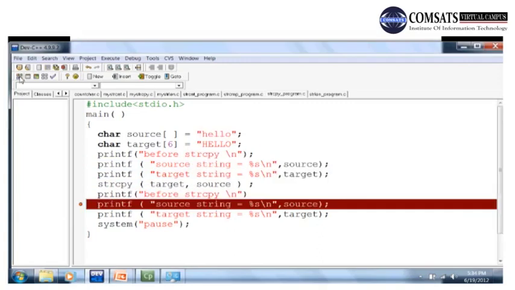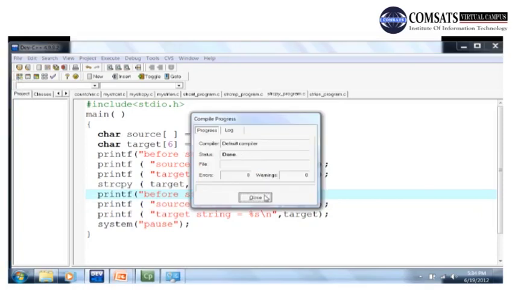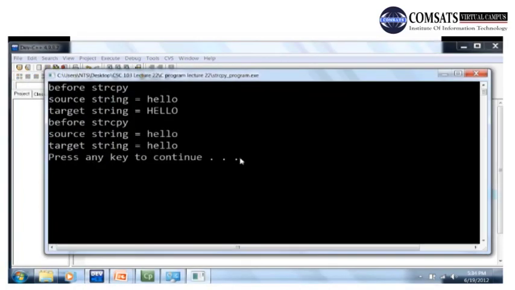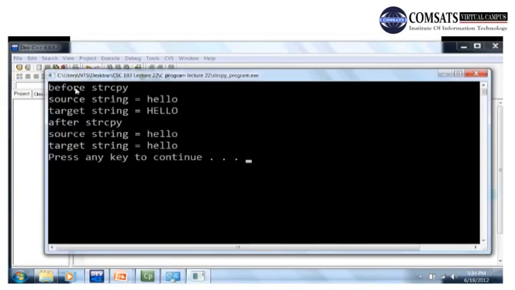Let's see. Okay, forgot to put a semicolon over here. Compile, okay, and run. Okay, you see, before string copy function and here after string copy function. So before string copy function, source string is hello and target string is capital HELLO, right? And then after string copy